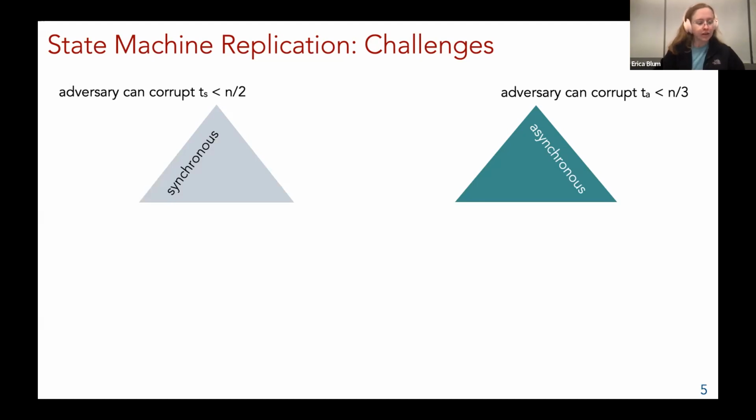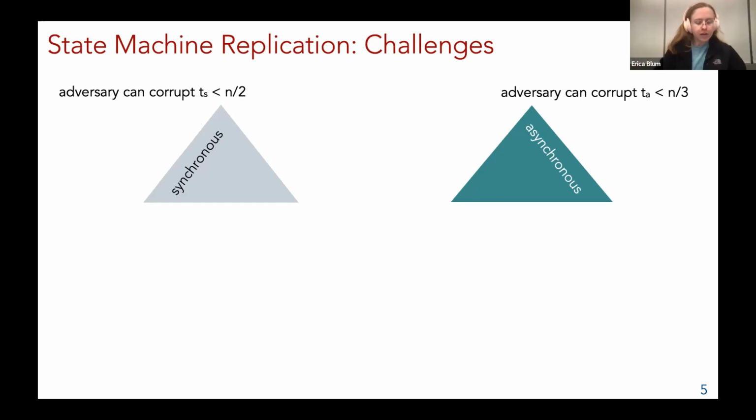At the other extreme, in terms of network models, we have the asynchronous model, where there are no synchronized clocks and messages can be arbitrarily delayed. In the asynchronous model, again, assuming public key infrastructure, the optimal corruption threshold is n/3. There's also the partially synchronous network and many other flavors of in-between models, but they won't be relevant to this